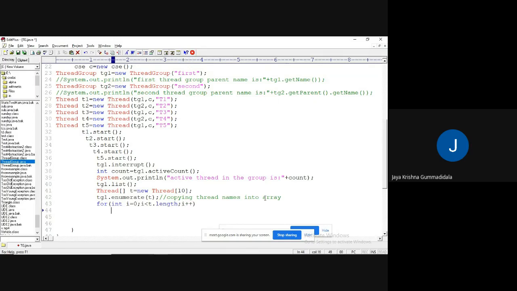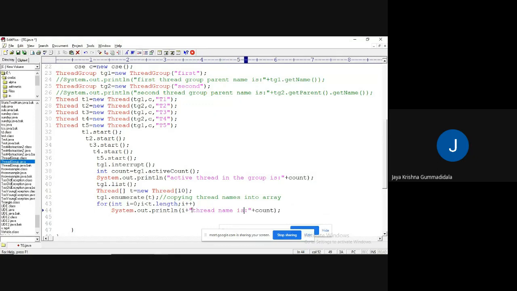Maybe here we'll get some kind of problem. Then I will use System.out.println of i plus